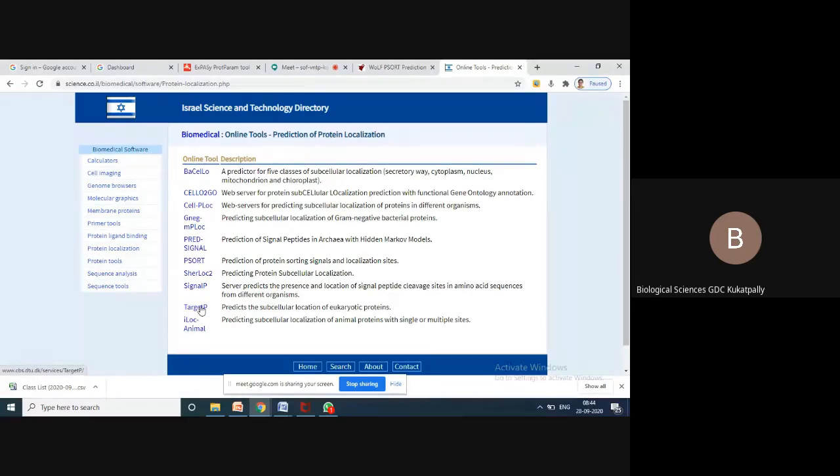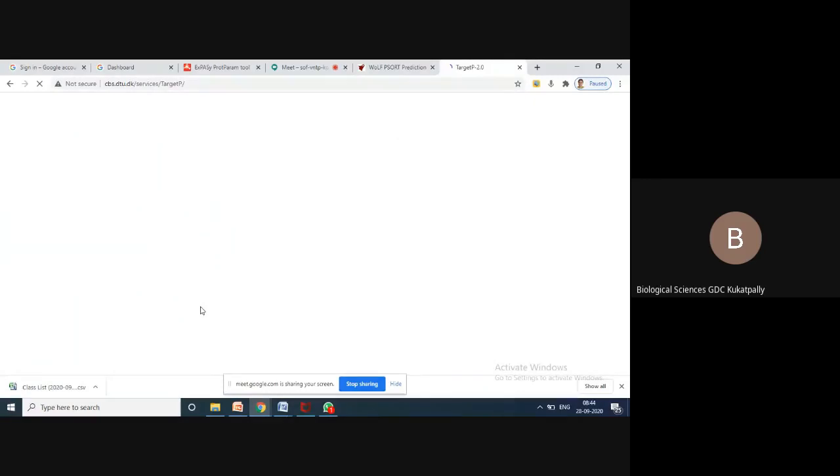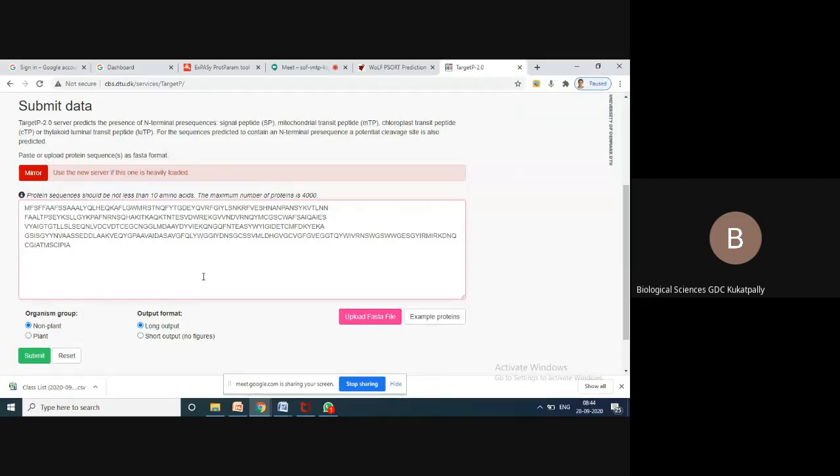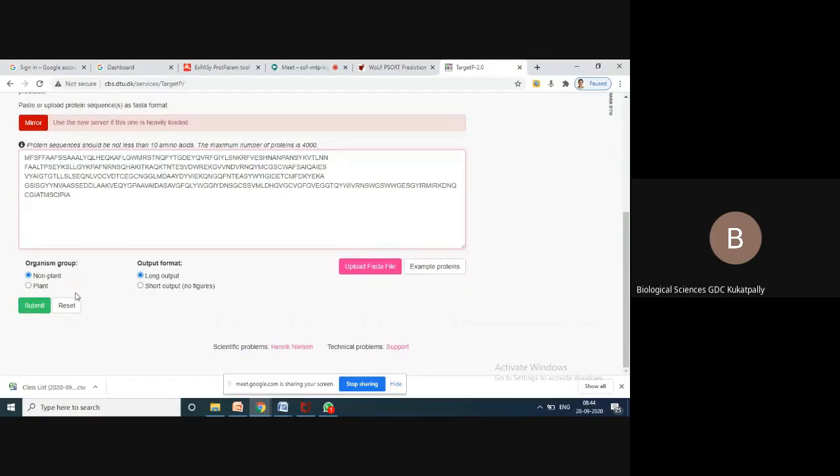TargetP predicts subcellular localization of eukaryotic proteins. So you can choose one or two proteins. The same FASTA sequence, the same sequence I have submitted here. This is a non-plant. Because it is localization, they are asking plant or non-plant, and you just submit.